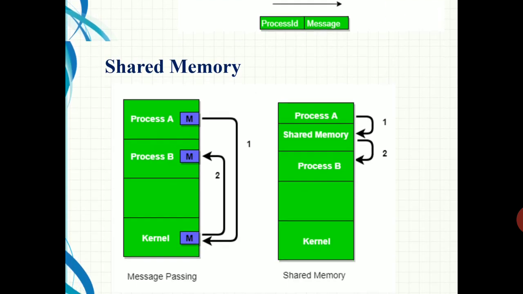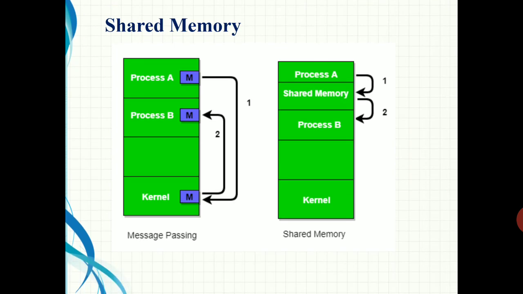Then coming to the second method, that is shared memory. In shared memory, communication between processes requires the processes to share some common variables, or we can say some common database or common text. As we already studied in the operating system course, to achieve synchronization we use some common variables such as lock and semaphore to perform the synchronization. That is commonly shared by both the processes.